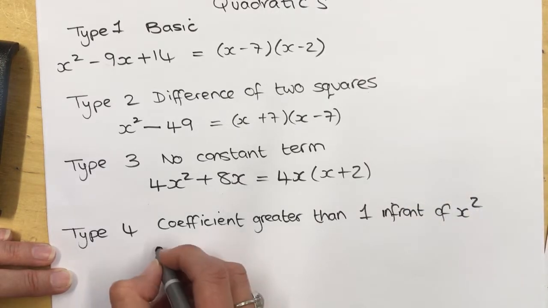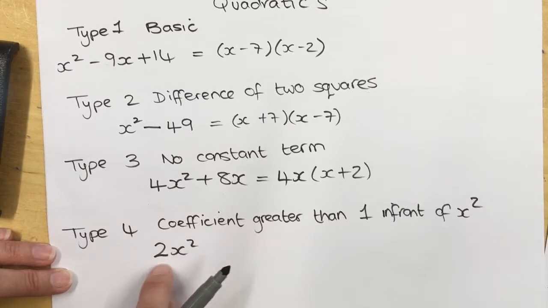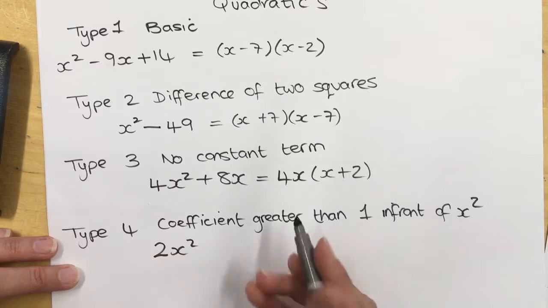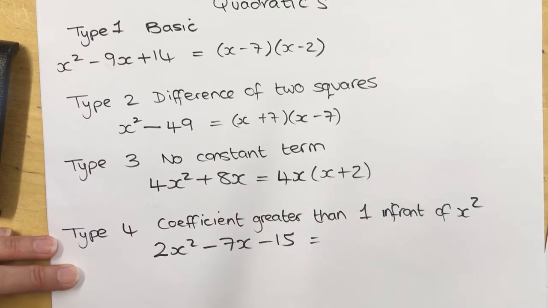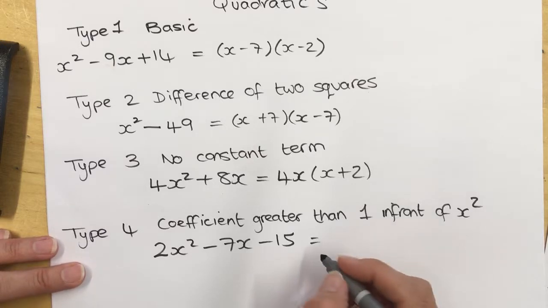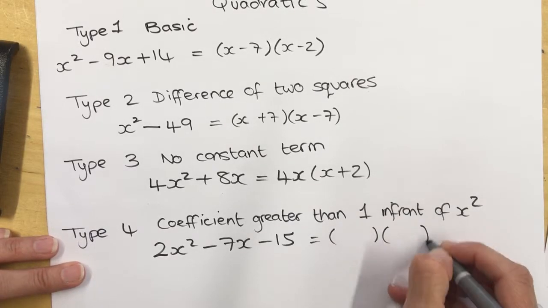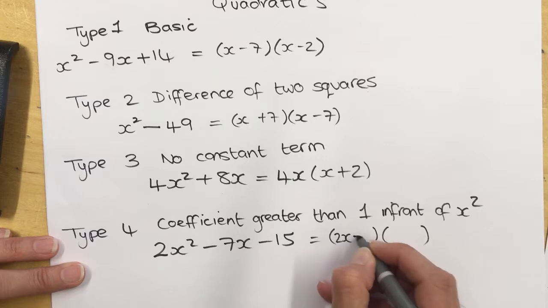So basically we have 2x squared, so we have a coefficient, a number in front of the term in x squared, minus 7x minus 15. And if you go review the tutorial, because I'm going to do this very quickly, it factorises into 2 sets of brackets